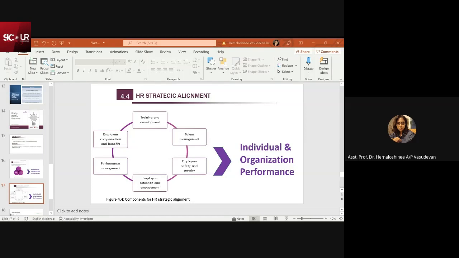All of these they have to look into, to ensure that they can achieve individual and organizational performance effectively. That's the reason HR has to work out all this strategy together with the business strategy to grow,